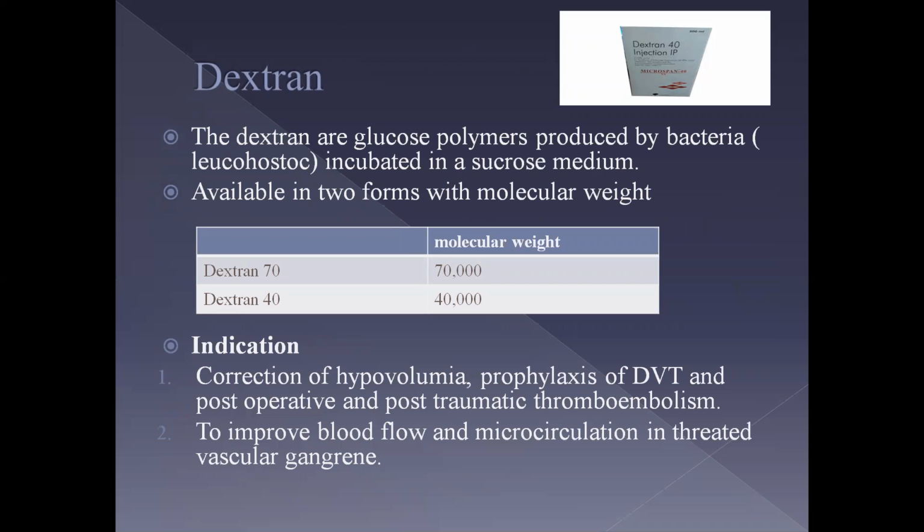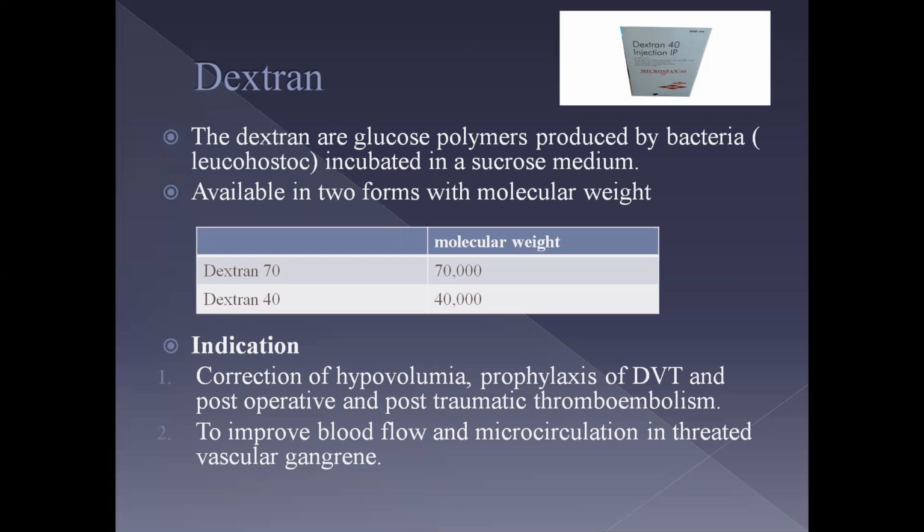Now we see dextran. Dextrans are glucose polymers produced by bacteria, that is Leuconostoc, incubated in a sucrose medium. Available in two forms of molecular weight, dextran 70 and dextran 40, that is, dextran 70 has a molecular weight of 70,000 and dextran 40 has a molecular weight of 40,000. Indications: correction of hypovolemia, prophylaxis of DVT, and post-operative and post-traumatic thromboembolism, and to improve the blood flow and microcirculation